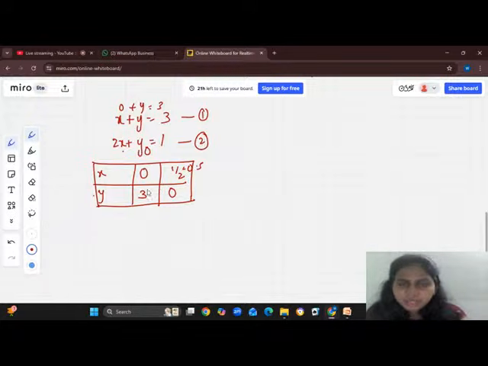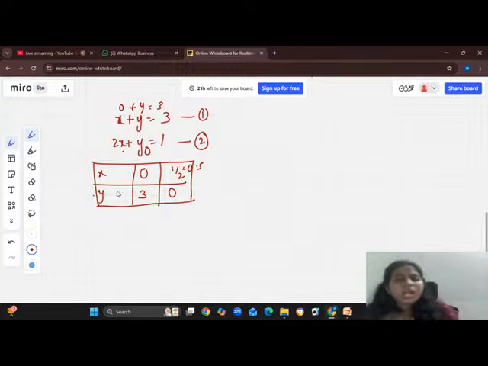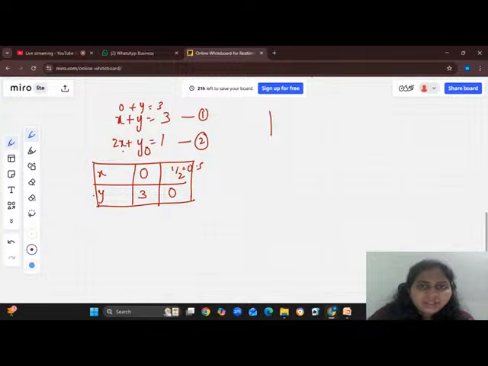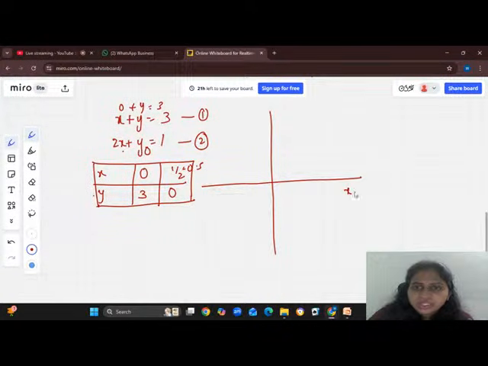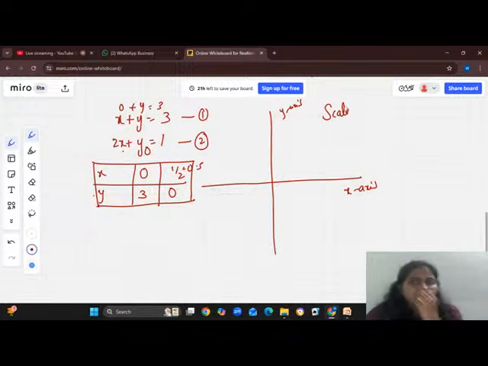It's very easy to draw the graph by plotting x and y. But I want to tell you one thing. While you are presenting in the exam, be very careful. Write down this one as the x-axis, this as the y-axis, and please write down the scale. Nowadays, students are too hurried to finish the paper and they forget to write the scale on the x-axis and the scale on the y-axis. It carries almost 1 mark.